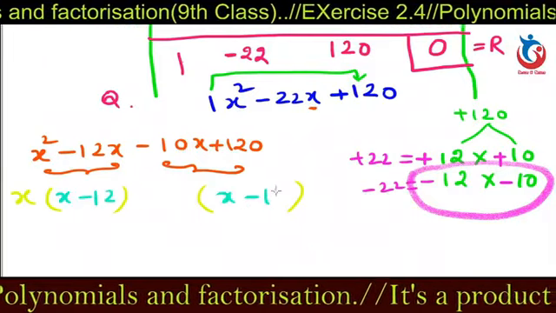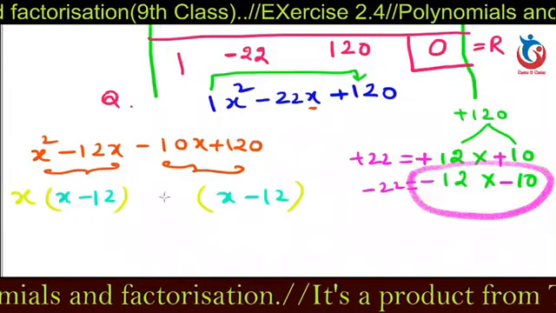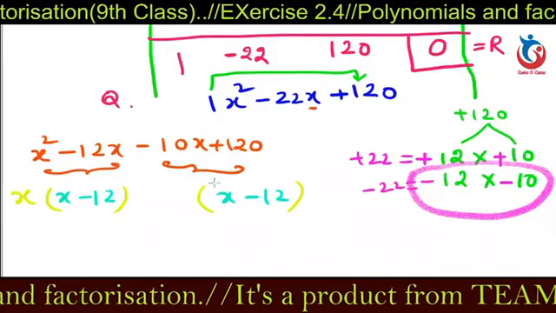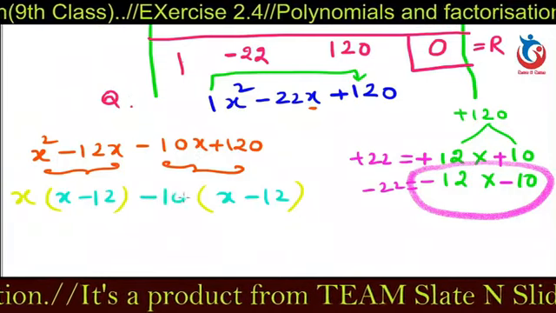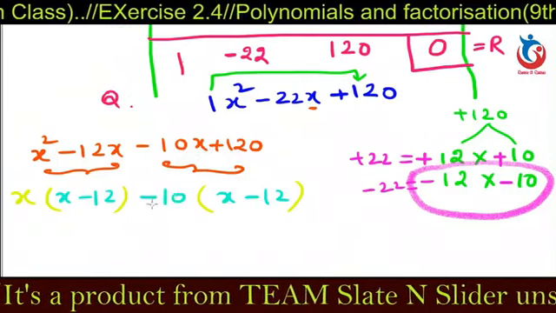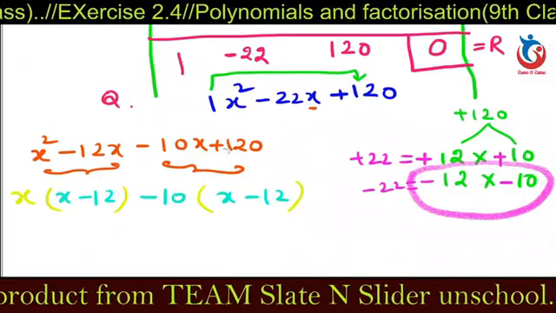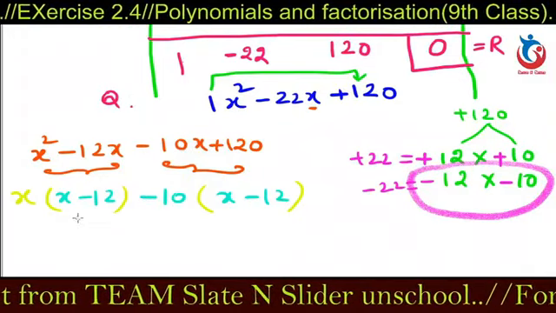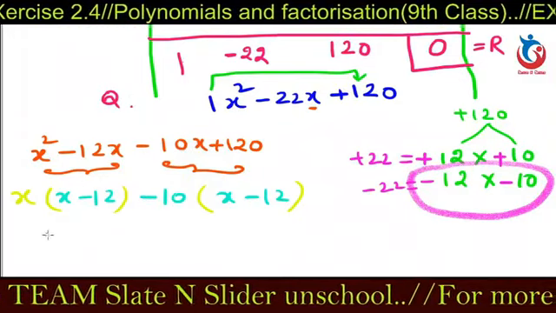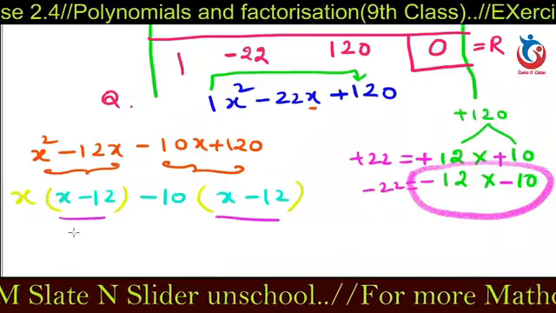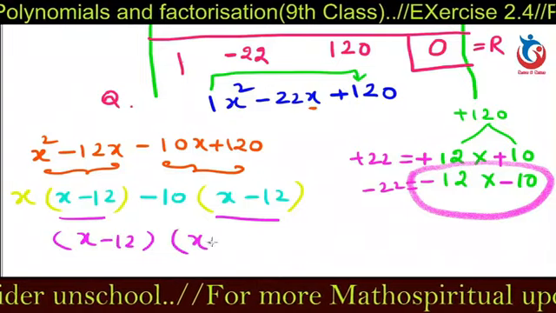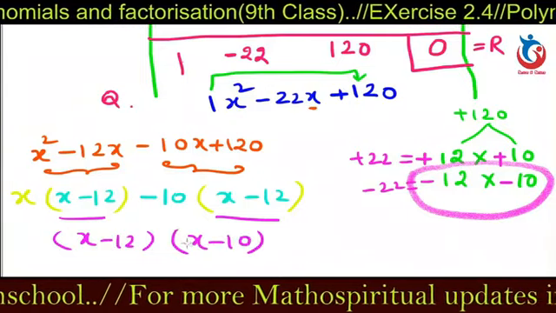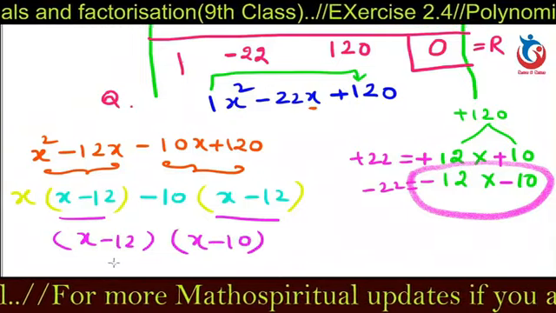Write the same x minus 12. And before this we have a number, that is x, and here it is minus 10x. By multiplying minus 10 with x we get minus 10x, and minus 10 into minus 12, that is plus 120. So again from these two we got x minus 12 as common. Take x minus 12 as common and write the remaining terms, x minus 10. Yes, now the factors are,